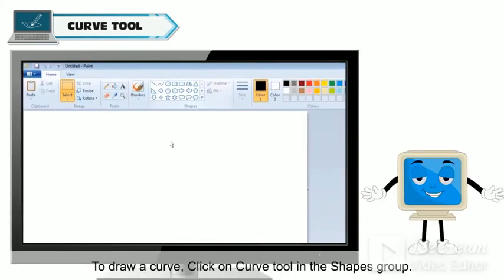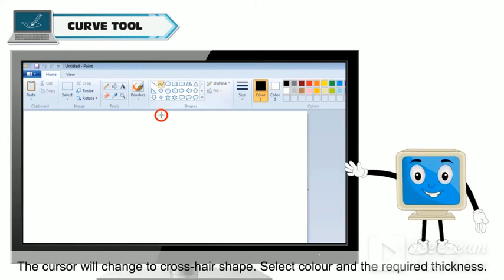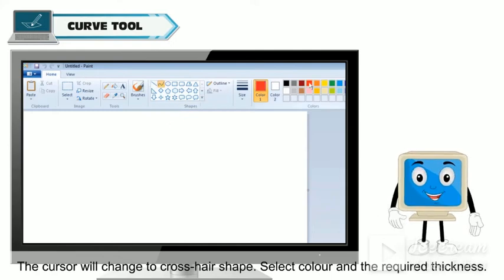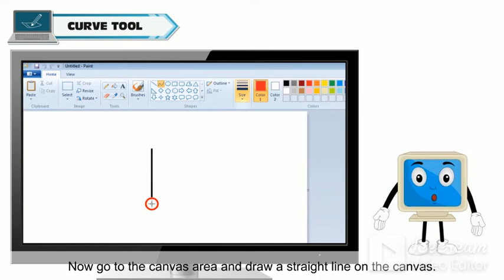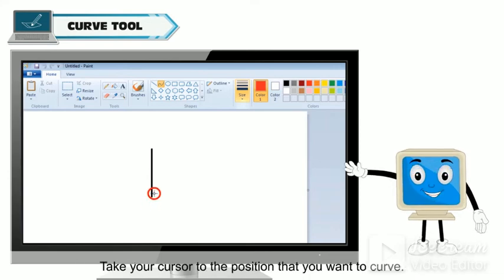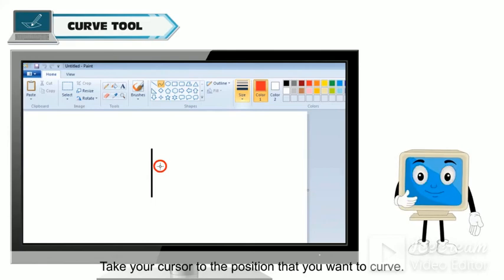To draw a curve, click on Curve tool in the Shapes group. The cursor will change to crosshair shape. Select color and the required thickness. Now, go to the canvas area and draw a straight line on the canvas. Take your cursor to the position that you want to curve.